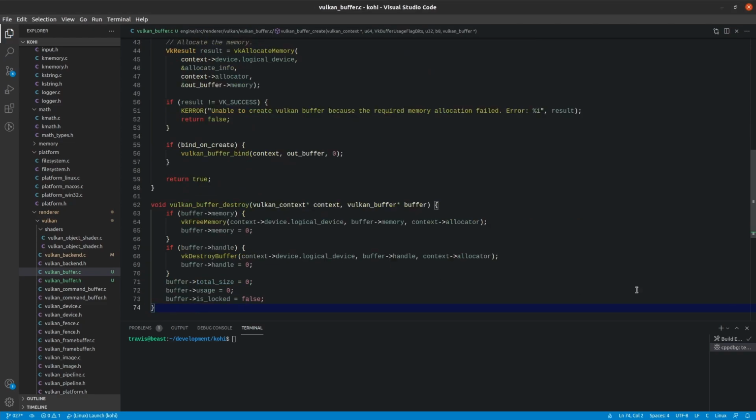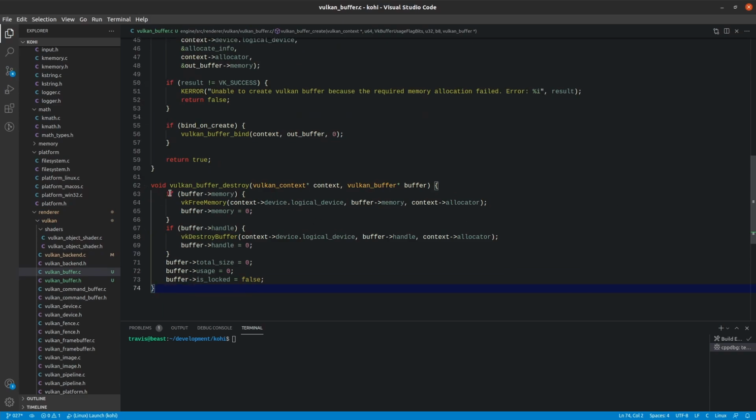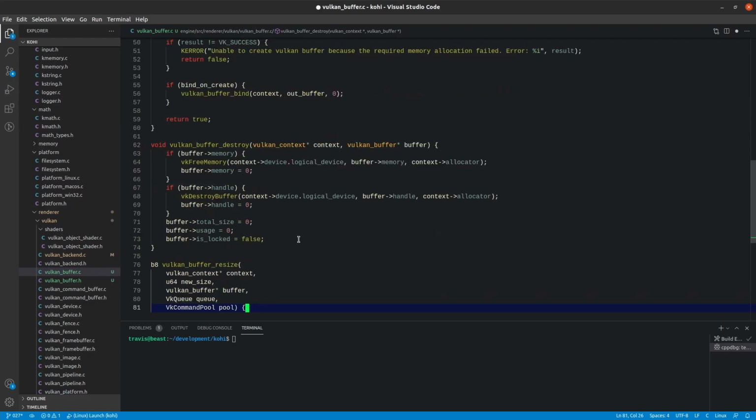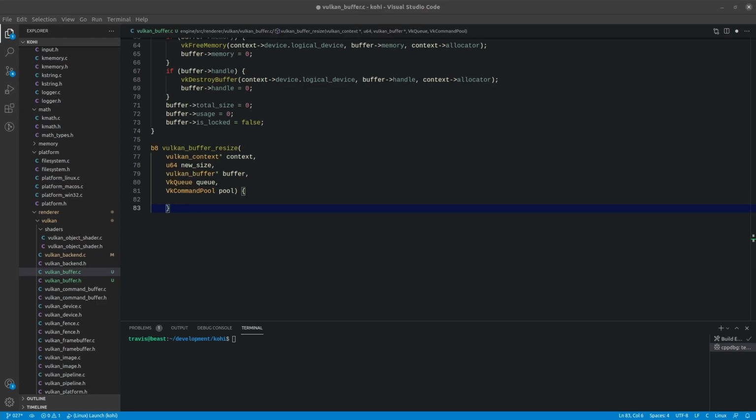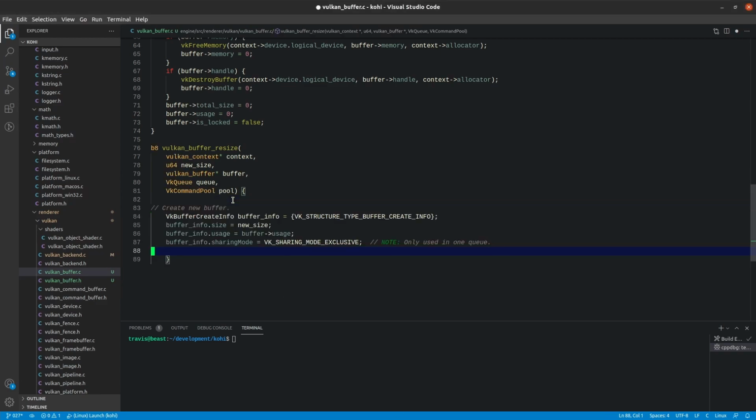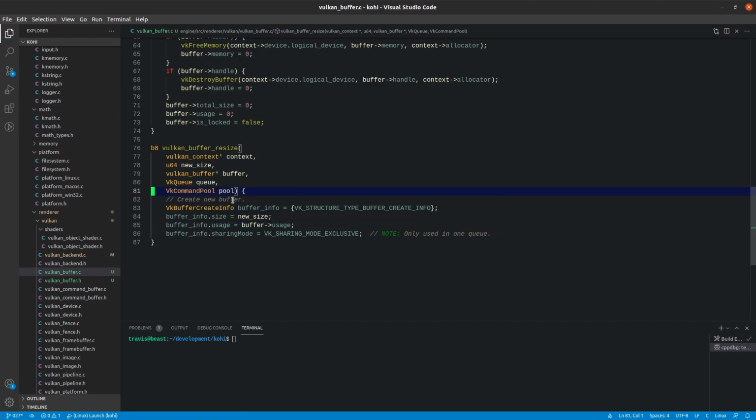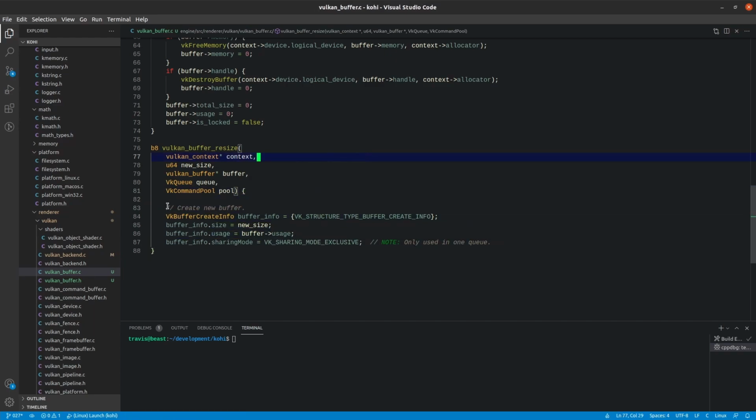Destruction is pretty straightforward, so I'm not going to go through that step by step. We basically free the memory, destroy the buffer, and then zero stuff out. Buffer resize is basically going to be creating the new buffer, which you might expect, because we can't resize a buffer, it's immutable. So what we're going to do is create a new buffer, and then